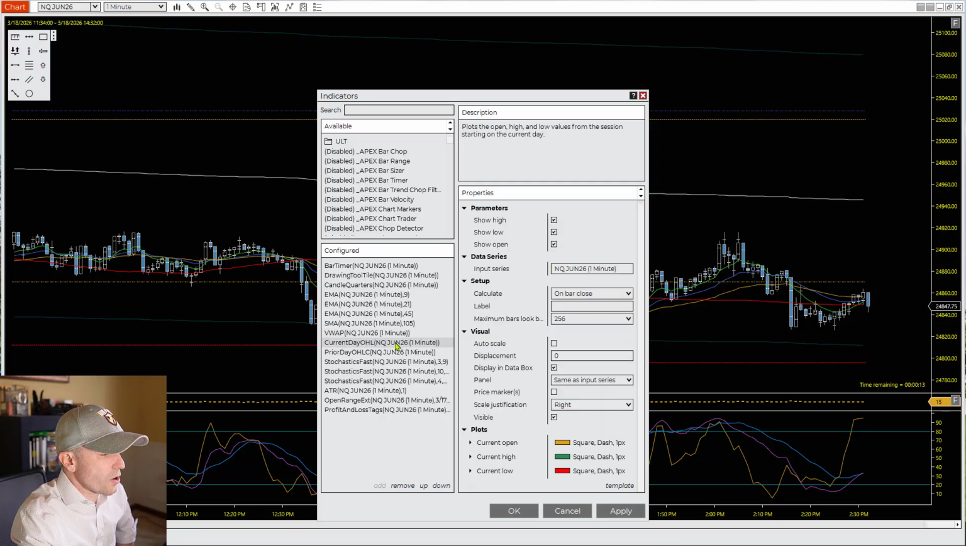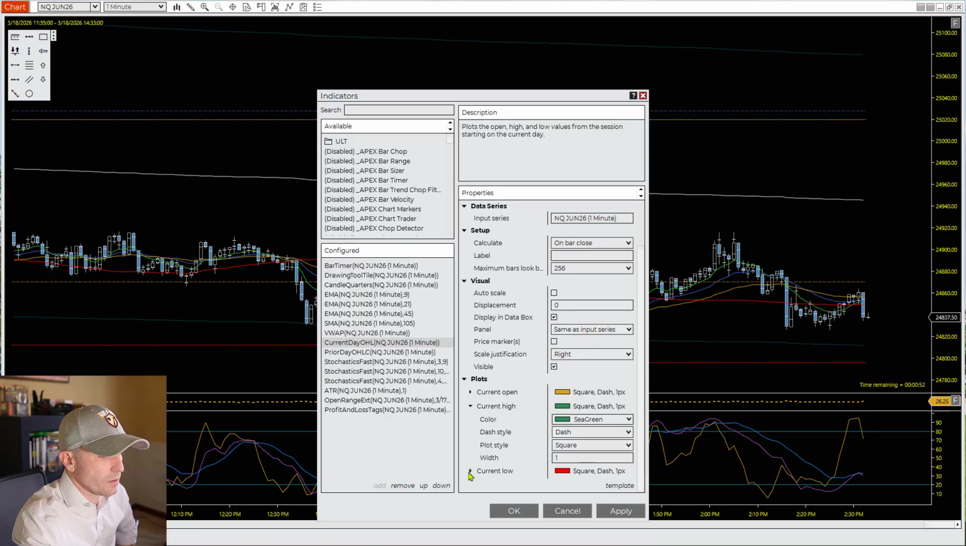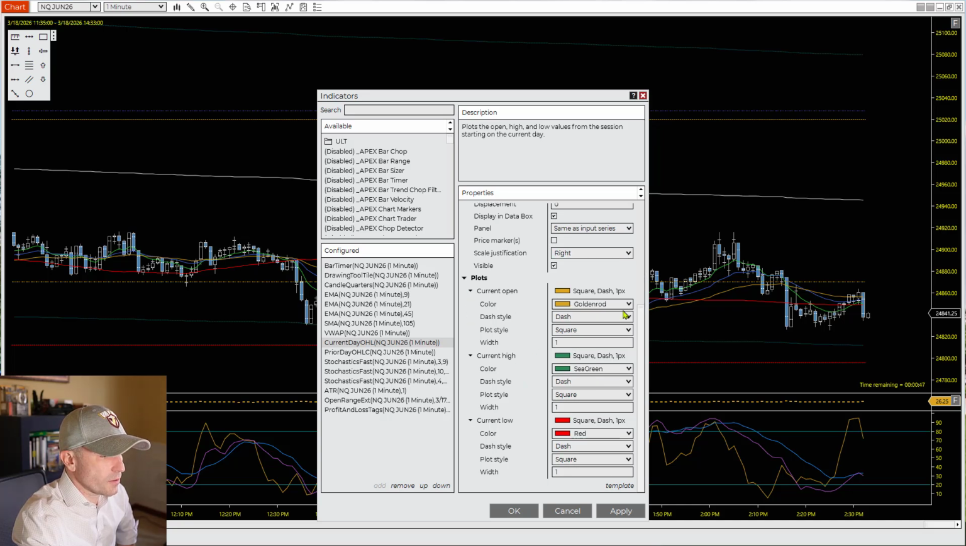The next indicator is current day open, high, low, and that just plots the current open, so the price at which the market opened at 6 p.m. And I have the open set at goldenrod. The color rather is sea green, and the current low is just red. The style for those is right there for you, dash and square. Again, personal preference thing. But what that just plots, again, the open, and then the current high, whatever the current high of day is, and then the current low of day, which feeds right into the next indicator, which is